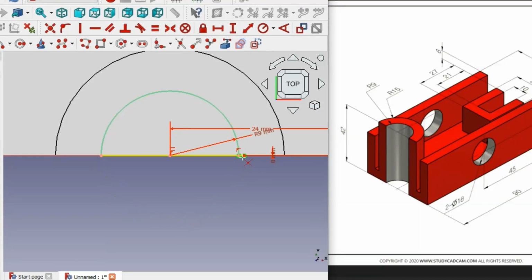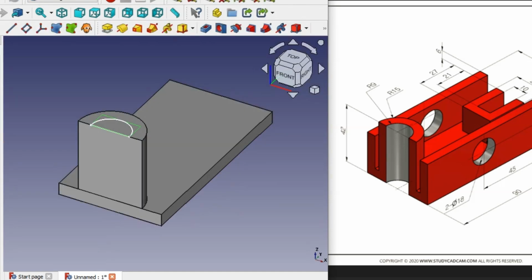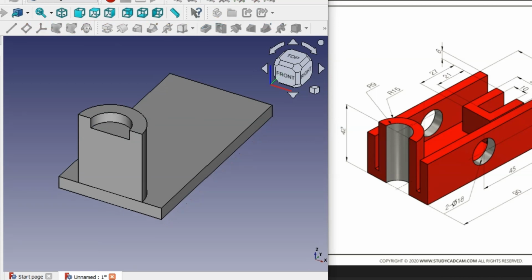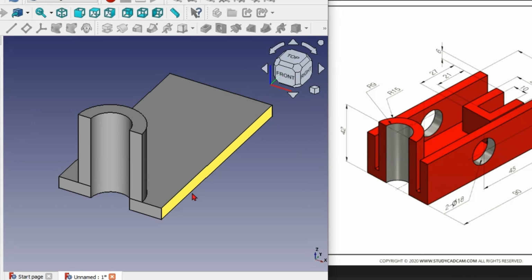This, and also this. So now we have the shape over here, this drawing over here. So we need to create a pocket, and the dimension will be through all. See the shape here. Next,